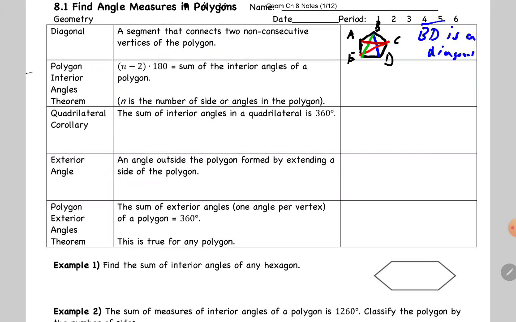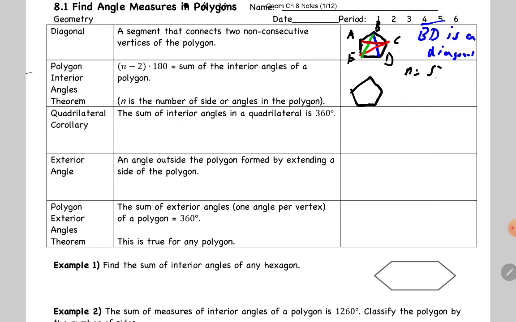So the polygon interior angles theorem, basically it's a formula. The formula, n minus 2 times 180 equals the sum of the interior angles of a polygon. So let's have that pentagon again, 1, 2, 3, 4, 5. n being the number of sides,